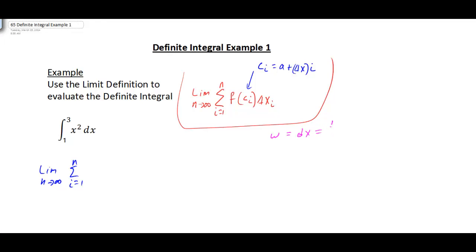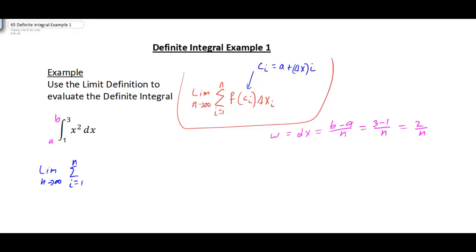And remember, that's going to be b minus a over n, and keep in mind your limits here are a to b, so it's 1 to 3, so that means we would take 3 minus 1 over n, so we would end up with 2 over n for our dx here, or the delta x,